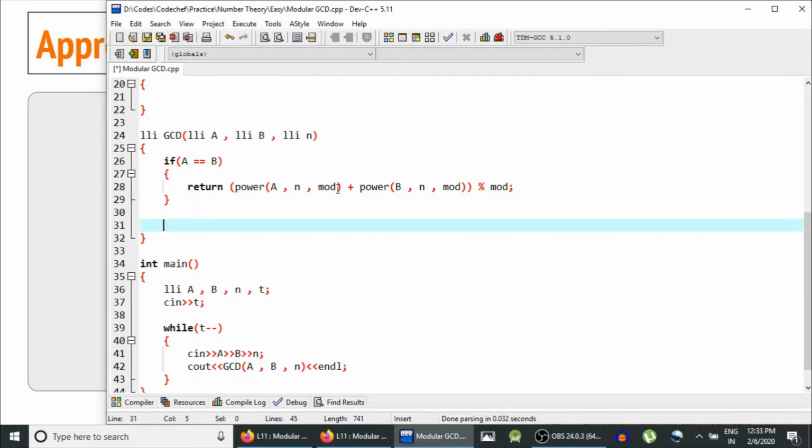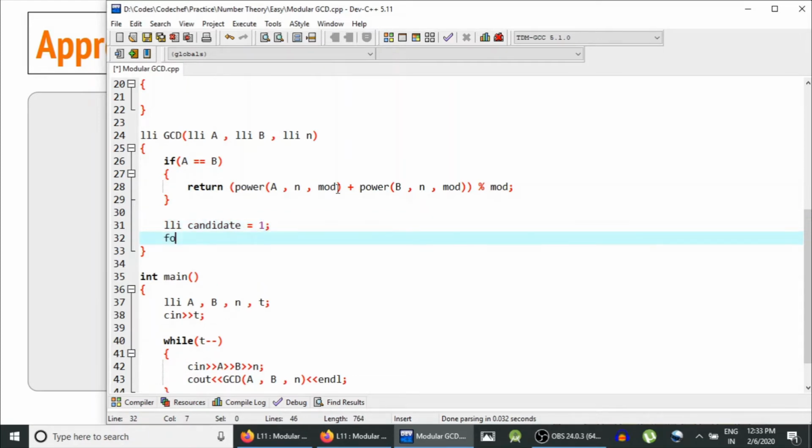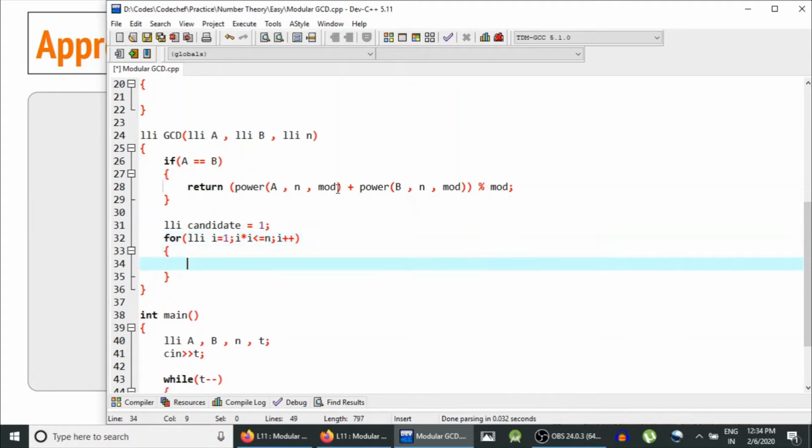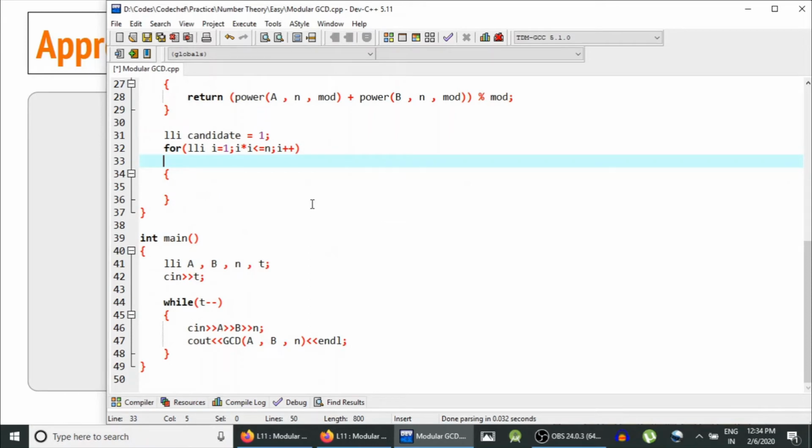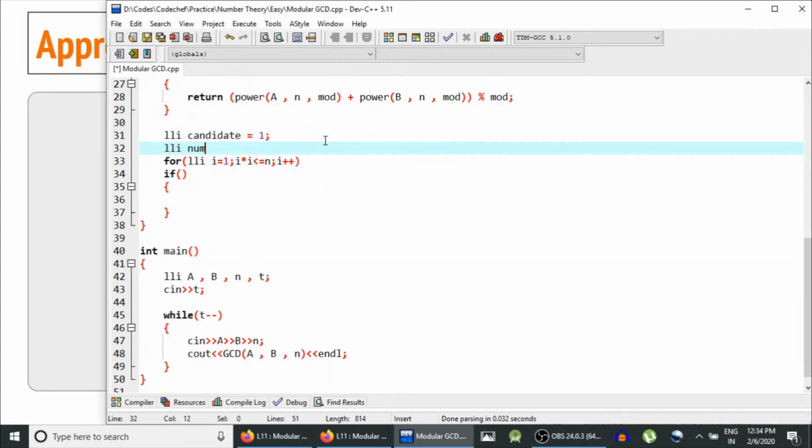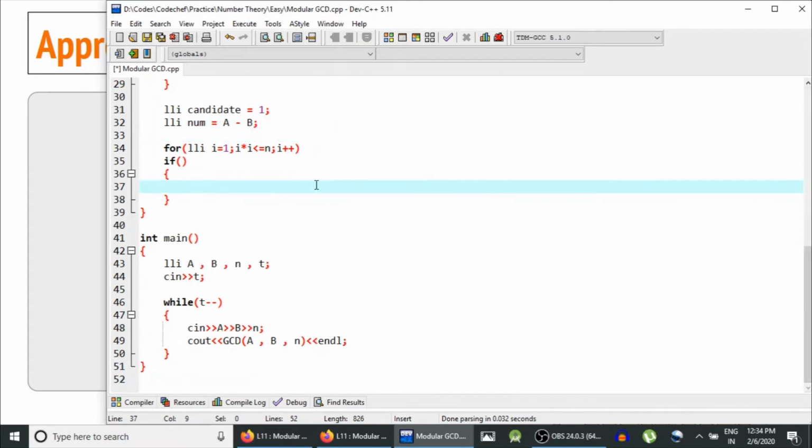Otherwise, let me write it as candidate. Initially the candidate would be 1, and then for i equals 1, i into i less than or equal to n, i plus plus. We are running a loop till the square root of the number, and this loop is going to test all divisors of the number. We have to find all the divisors of a minus b, because the second argument would be a minus b. That would be our